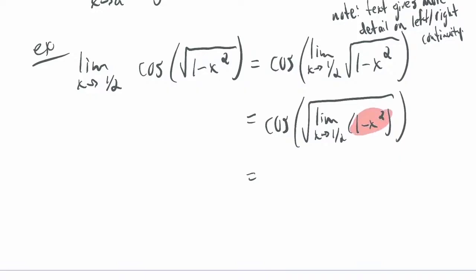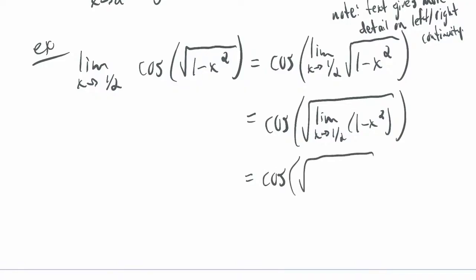Well, this is a polynomial, 1 minus x squared. Of course, you just plug in. It'll work fine. So this equals cosine of the square root of 1 minus 1/2 squared, which is not exactly a pretty number,